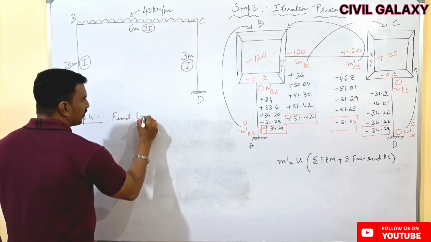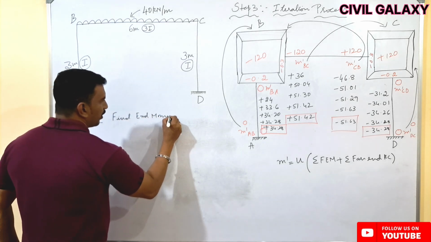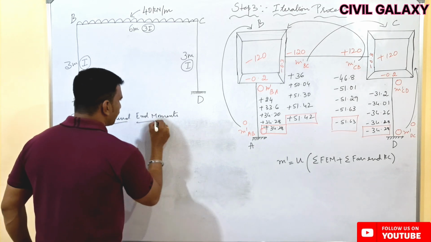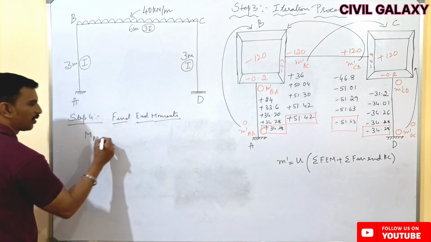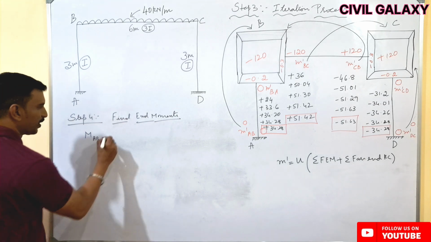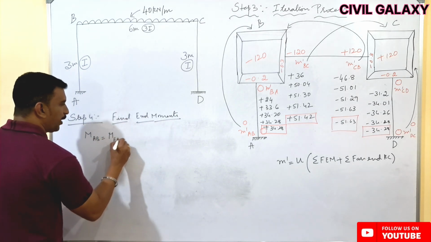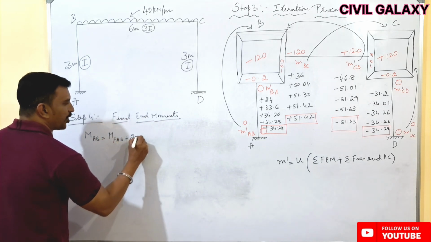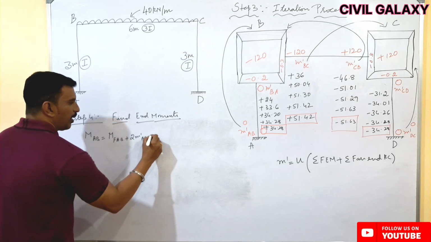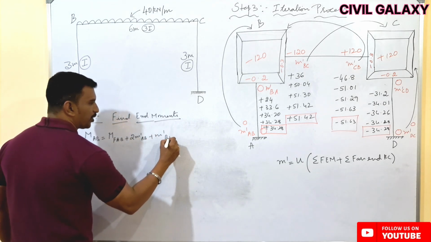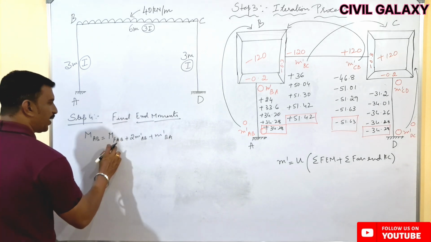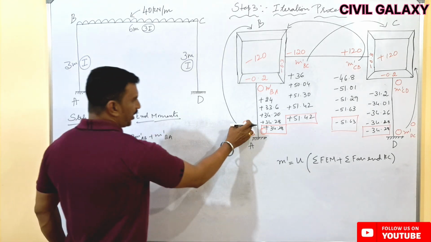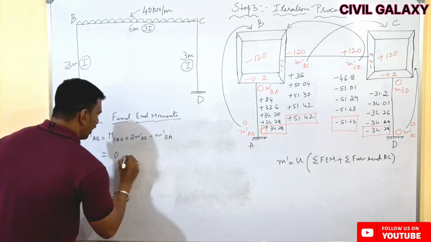We know that to calculate the final end moment about A to B, the formula is fixed end moment from A to B plus 2 times rotation contribution about the near end plus 1 times rotation contribution about the far end. The fixed end moment about point A to B we have written here, which is 0,